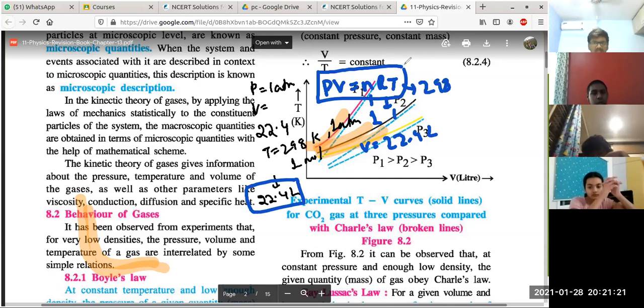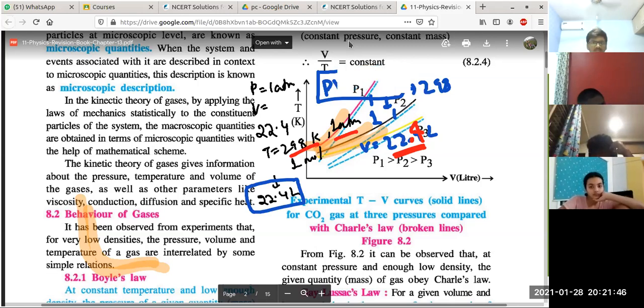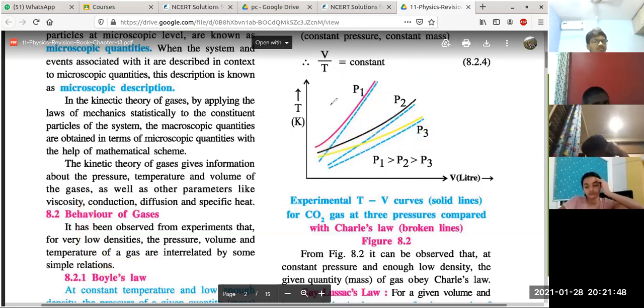But in a real case, if you take oxygen, 1 mole, at 1 atmosphere, it will not occupy 22.4 liters, it will occupy either 22.3 or 22.5, like plus or minus, somewhere there is an error. Why is that error? Because oxygen is not behaving like an ideal gas totally, somewhat it is behaving non-ideal. There is a different equation for real gas, which I'm not going into right now, but you should understand that it is not PV = nRT. It is slightly different from that.